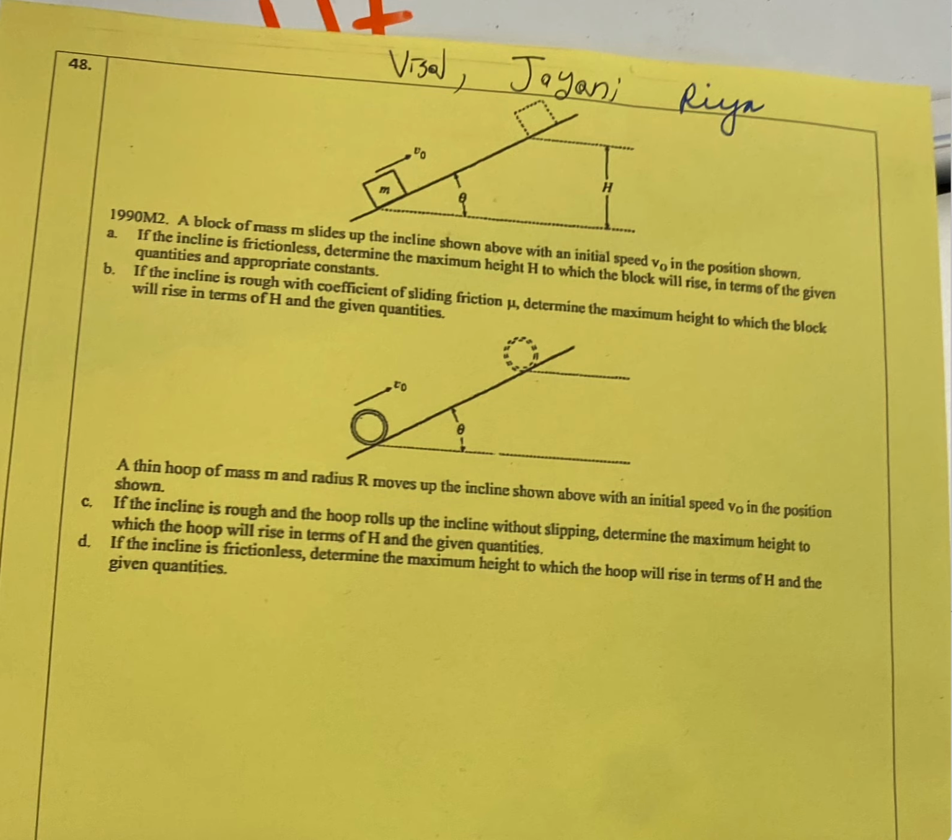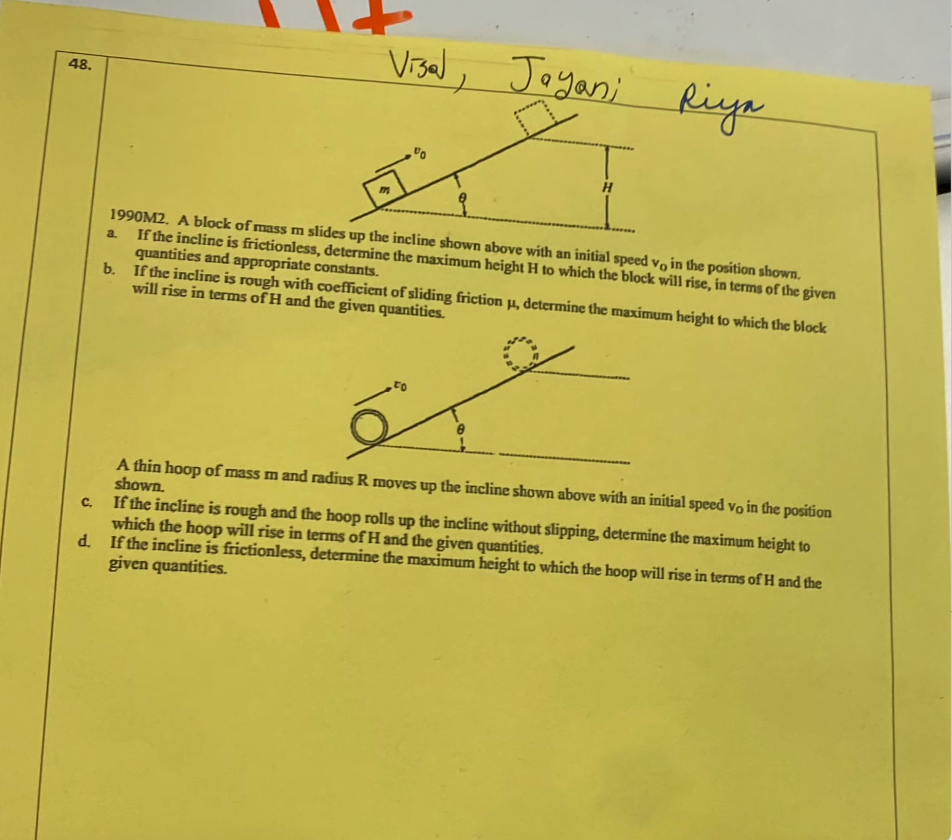So F friction is going to equal mu mg cosine theta, where D is going to equal h over sine theta. Now we step that back in, and 1/2 mv squared equals mu mg cosine theta times h over sine theta plus mgh, which is equal to mgh times (mu cotangent theta plus 1). So we're using trig identities here. We rearrange the equation and we get h equals v squared over 2g times